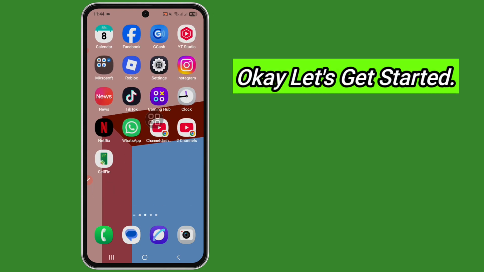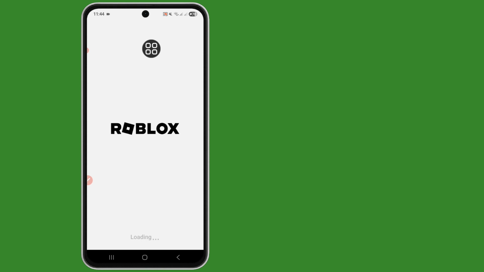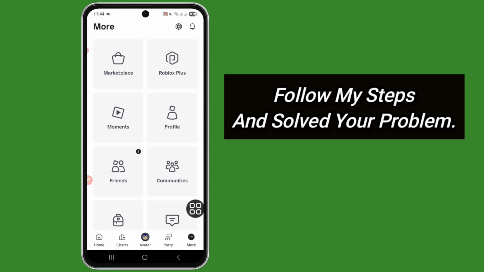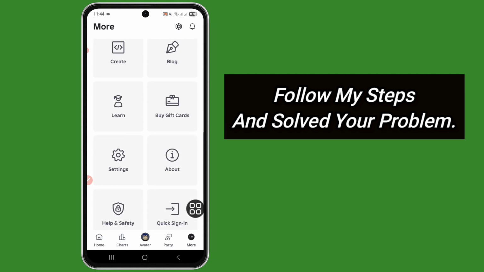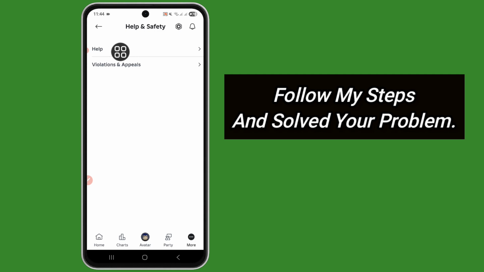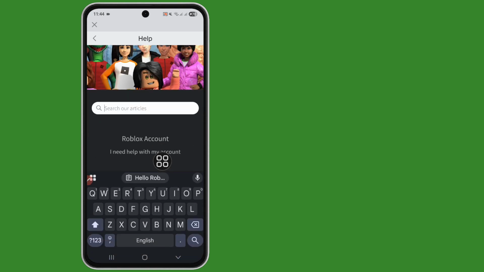Okay, let's get started. First open your Roblox app and now tap on the profile icon or tap on the more option, scroll down, then tap on the help and safety option and again tap on the help option. Okay, now tap on the search bar, search now Roblox voice chat